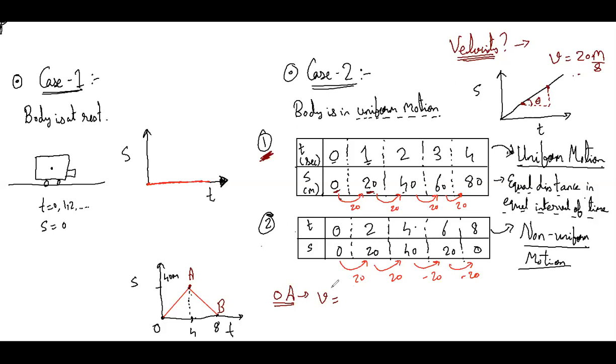So here the velocity will be the slope of this curve between O and A. So slope we can calculate. Basically you can just calculate using this. This is 40, 4, the coordinates of this point, and the coordinates of O will be 0, 0. So if you have been given two coordinates, let me say x1, y1 and x2, y2, the slope between these 2 points can be written as y2 minus y1 by x2 minus x1.